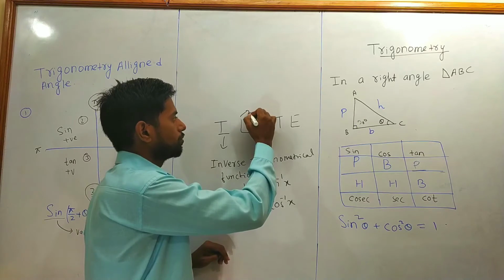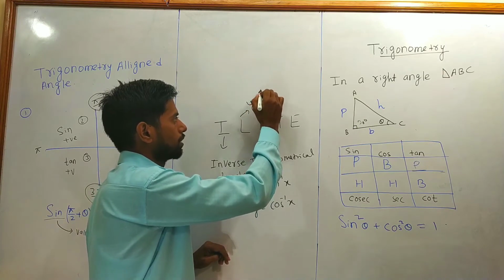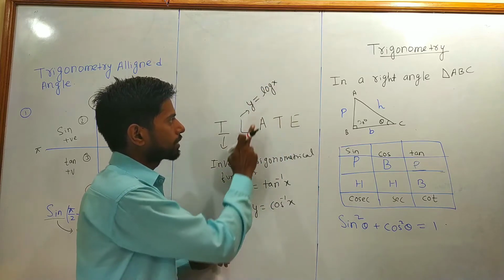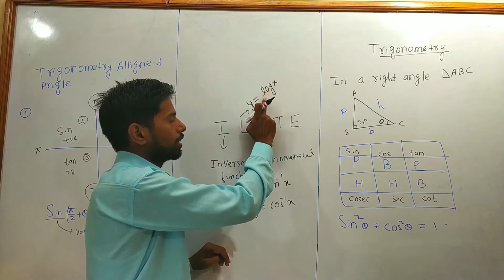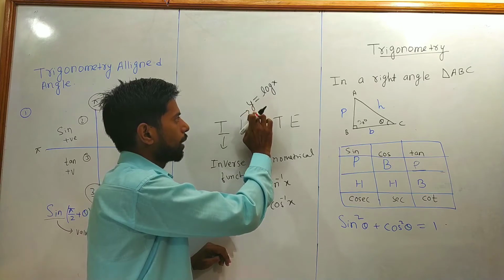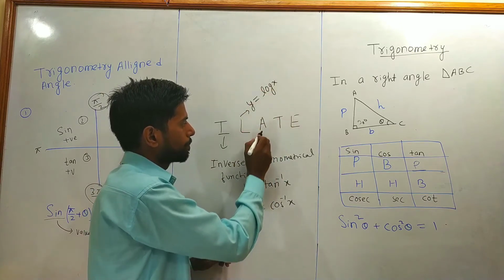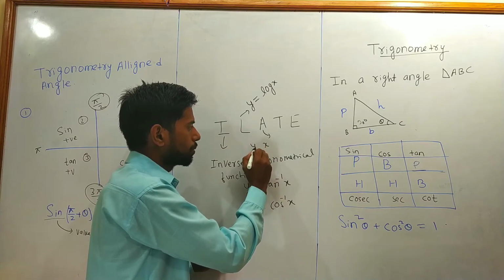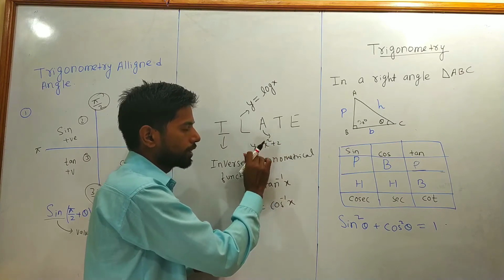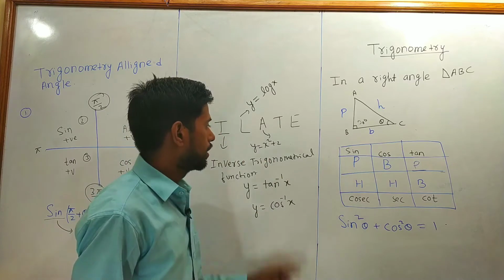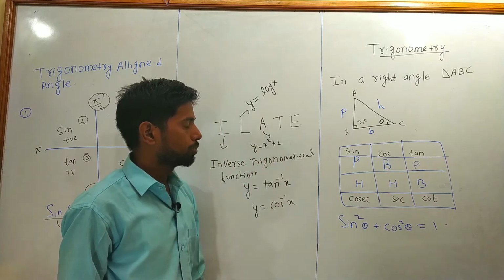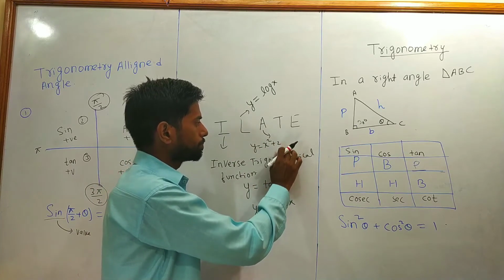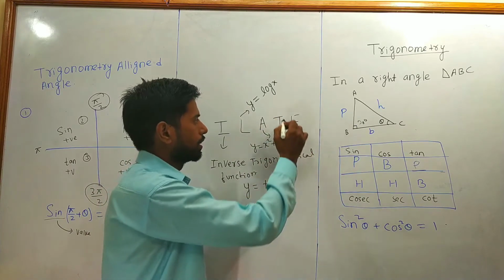The second one is the logarithmic function. Suppose I am writing log x. Here the relation between y and x is logarithmic, meaning y is equal to log x. Next one is algebraic. Algebraic, you know, that is y is equal to x square plus 2, that you have already studied in class 10th level. Any quadratic equation, any polynomial equation, any polynomial, binomial expansion.